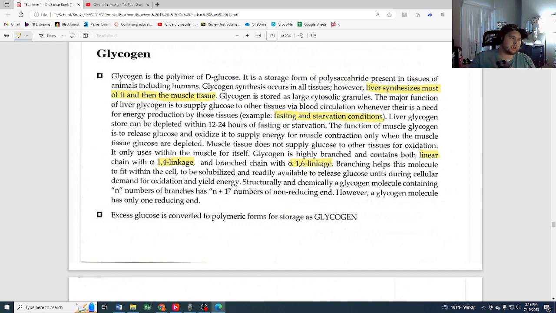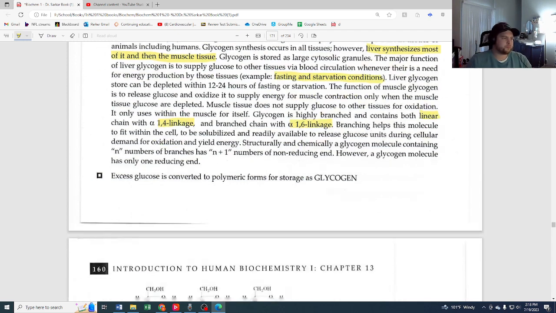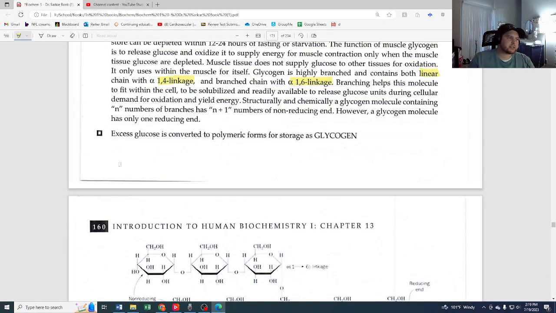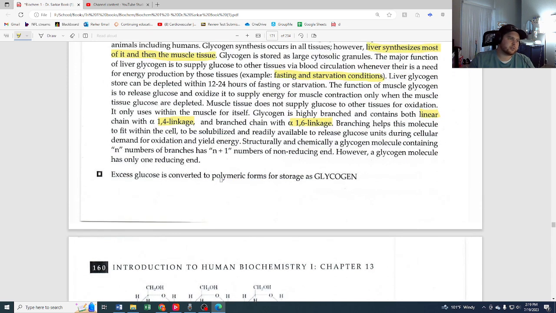Structurally and chemically, a glycogen molecule containing n number of branches has n plus 1 non-reducing ends. However, a glycogen molecule only has one reducing end. Excess glucose is converted to polymeric forms for storage as glycogen. If you see polymeric, just understand that polymeric means more than one, poly meaning more. So it's multiple